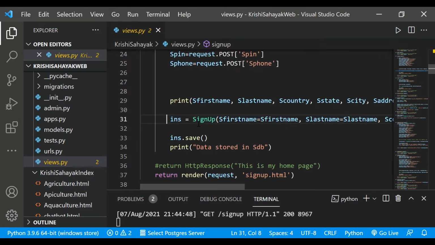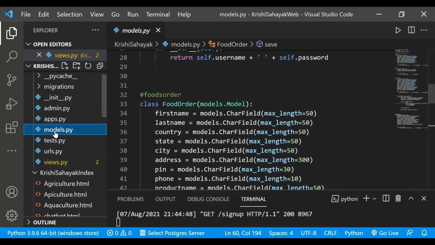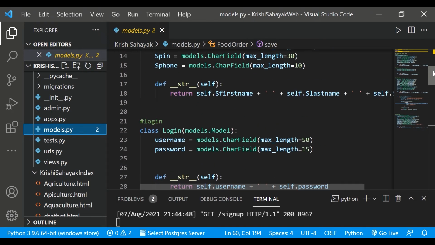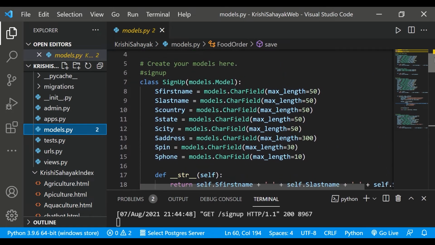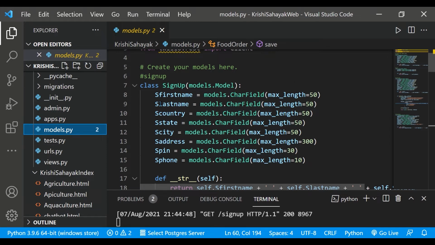What is this signup? Signup is a model that I have created in models.py. In models.py, we create models. These models are like the variables, and the data we get is stored in the database. For us, the database is db.sqlite3. I'll take you through the Django admin as well.